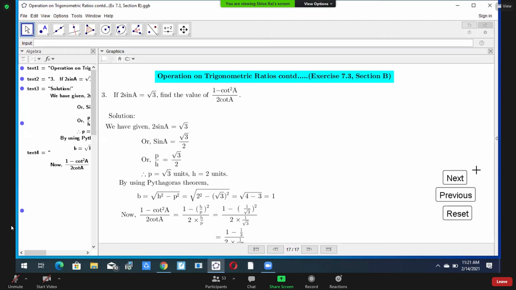Okay. Number 8, you look here. But this question is a little bit mistaken here, so I am correcting it. You look at the question, I have corrected it here. If sine theta equals A upon B, then root under root B square minus A square tan theta equals A. It should be like this. But in the book it is A square minus B square, and here it should be B square minus A square.